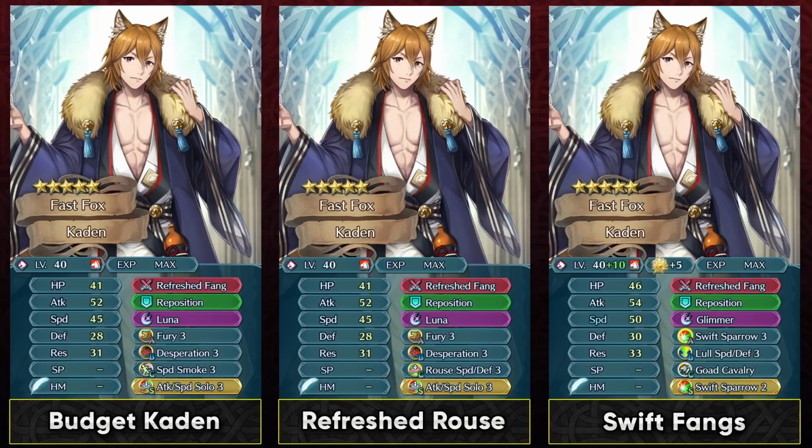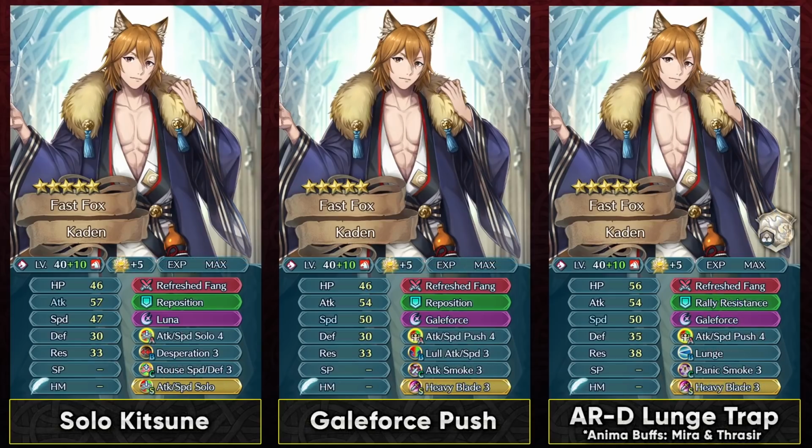He could definitely rock Double Sparrow with Lull Speed Defense, and Glimmer could be a pretty powerful special with the true damage that he's getting, and also by debuffing the defense of the foe with his Refresh Fang as well as the Lull skill. You could also run him with double Attack Speed Solo, which can make him blazing fast and also give him really nice damage output. And for the IVs at max investment, plus attack and plus speed are both really good,